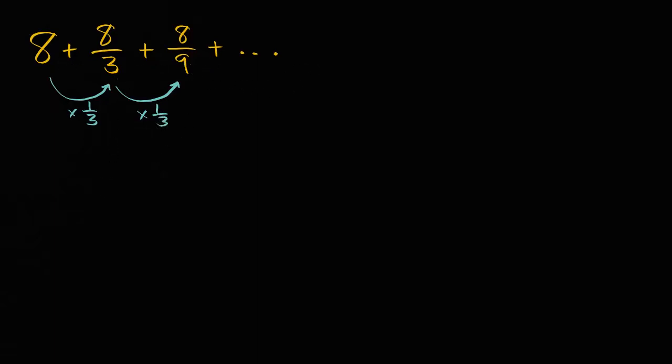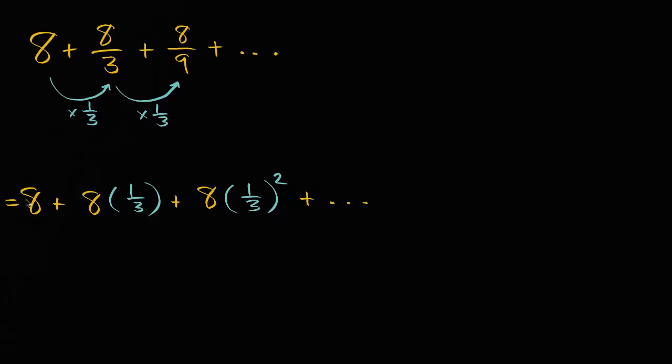So we can rewrite this series as 8 plus 8 times 1/3, plus 8 times 1/3 squared. Each successive term, we multiply by 1/3 again. And so when you look at it this way, you're like, okay, we could write this in sigma notation. The first thing we wrote is equal to this, which is equal to the sum,